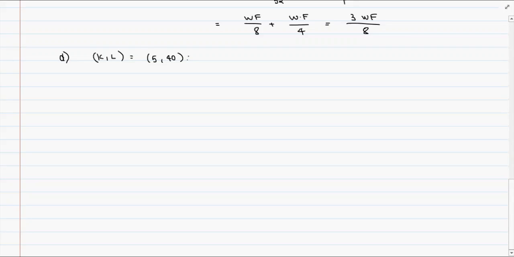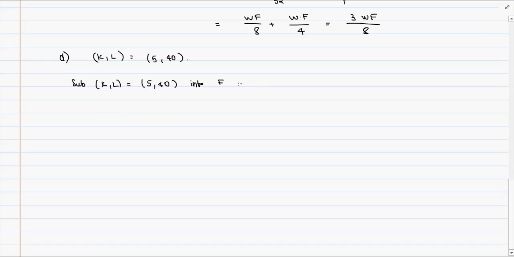Okay, so first of all, we want to draw an isoquant that is going through this point. So the isoquant is basically the curve that is containing all of the bundles K and L that is going to give the same level of output. Okay, so first of all, we would like to find out what is the output level corresponding to this combination of K and L. So if I substitute the value of K and L equal to 5 and 40 into the production function f,